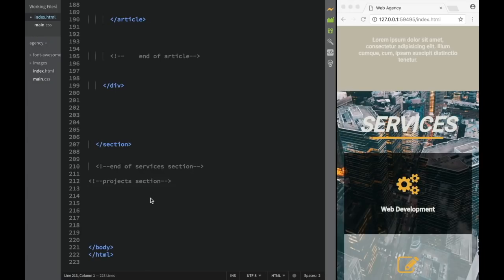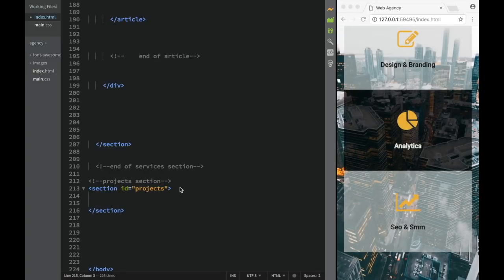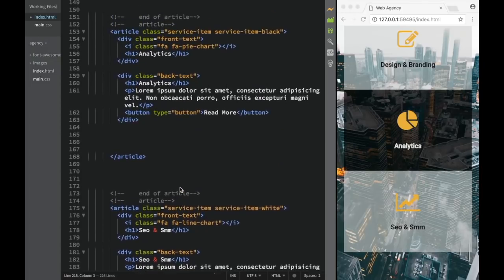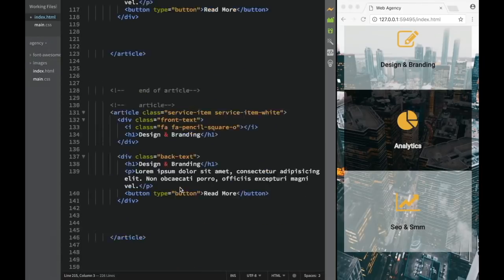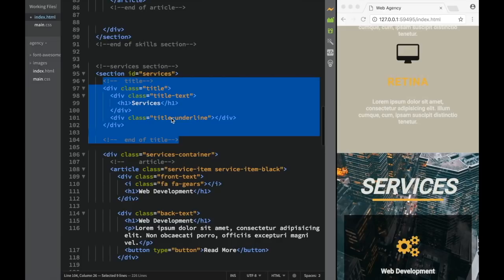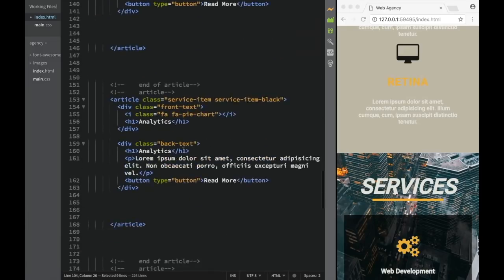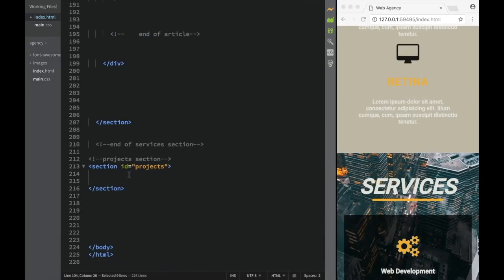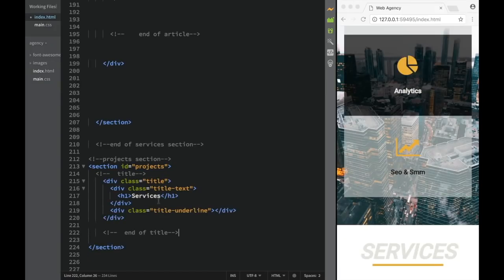over here. And then we're going to have a section with the ID of projects. So here we're going to say ID, and this is going to be project. And then once we have this, we're going to copy and paste the title. So we're going to go all the way over here, we'll find where is the services title, the title that we created. So this is the title. Just going to grab the title, and we're just going to have to change it around a little bit over here in the HTML and in the CSS. So here, this is going to be project, and the rest of it we're going to change in CSS,